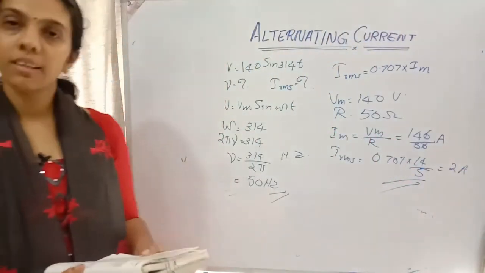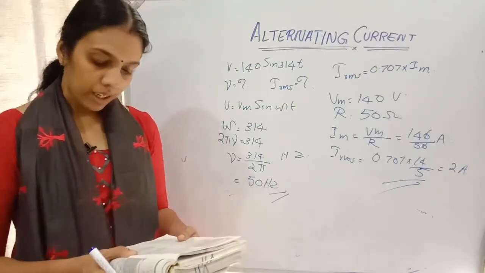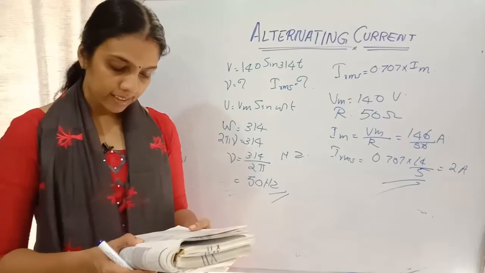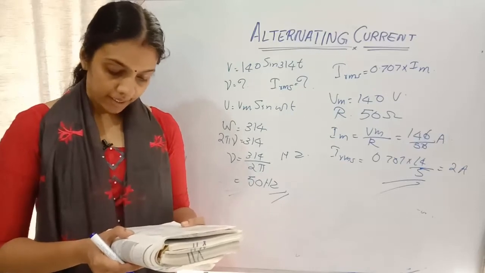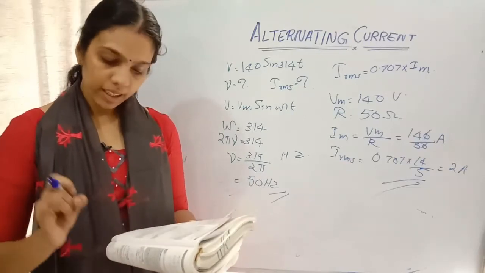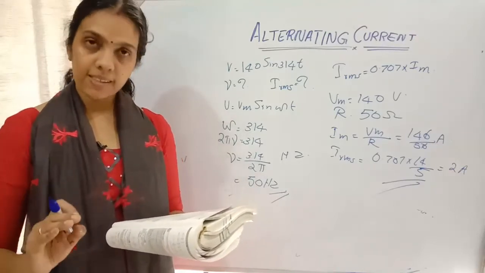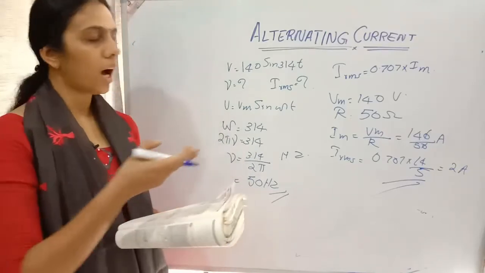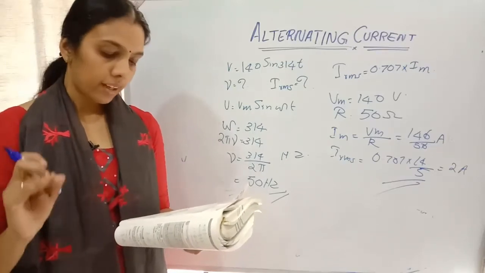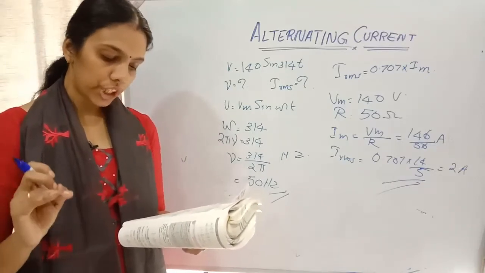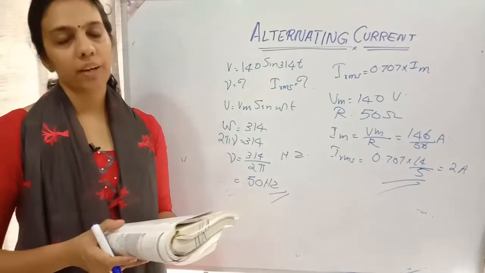Okay, so this kind of questions are easy, I guess. And the next question, one more we will do. A resistance of 40 ohm is connected to an AC source of 220 volt, 50 hertz. Find the RMS current. Here in the AC source, voltage is given as 220 volt, 50 hertz is the frequency, and resistance is given as 40 ohm. We need to find the RMS value of current, the maximum instantaneous current in the resistor, and then the time taken by the current to change from maximum value to RMS value. The time also we need to find out.